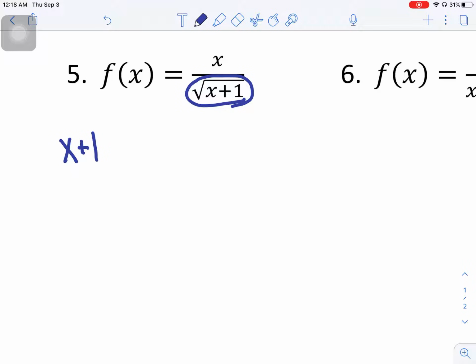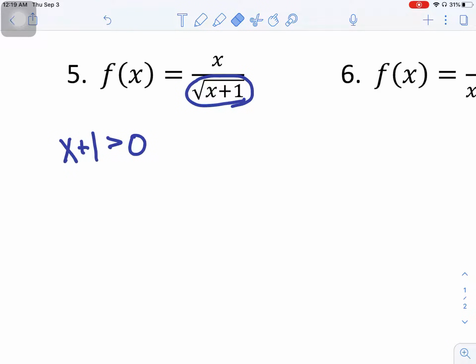Or I'm going to set it greater than or equal to 0. And so if, let's say I just say, okay, it's going to be greater than or equal to 0. But this square root was in the denominator. So while the square root is totally fine to be greater than 0 or equal to 0, the denominator cannot be equal to 0. So that little equal to part I am going to delete because the square root is